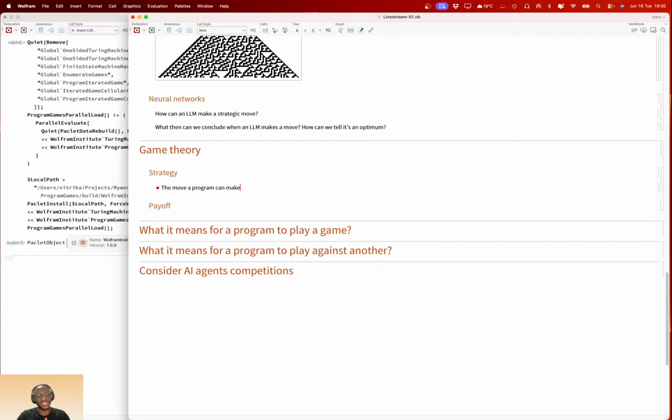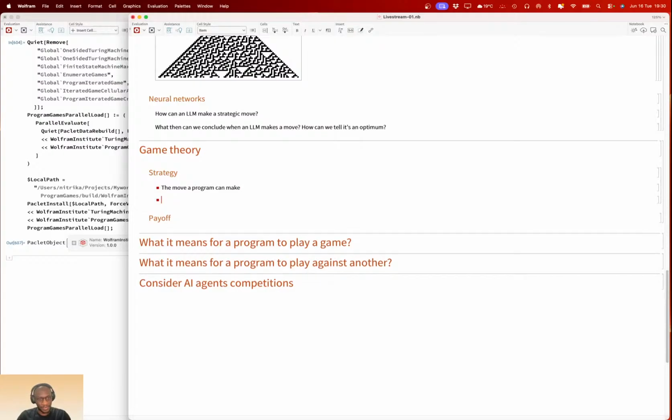If you're looking at a strategy, you need more information to come up with it. You can't just come up with a strategy blindly, with no information on what the game looks like, what game you are playing. So you need a game for a strategy.